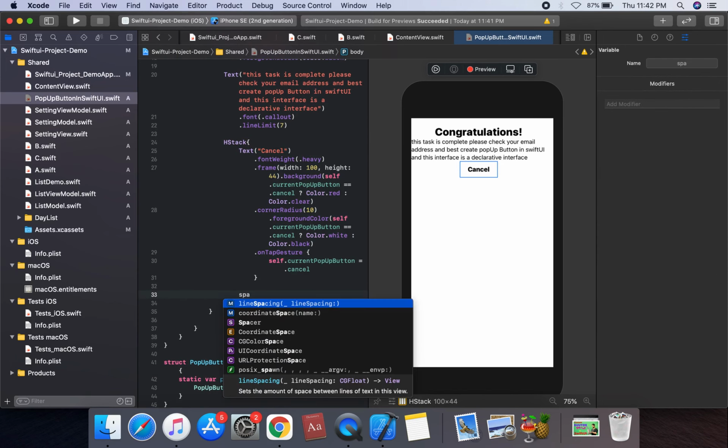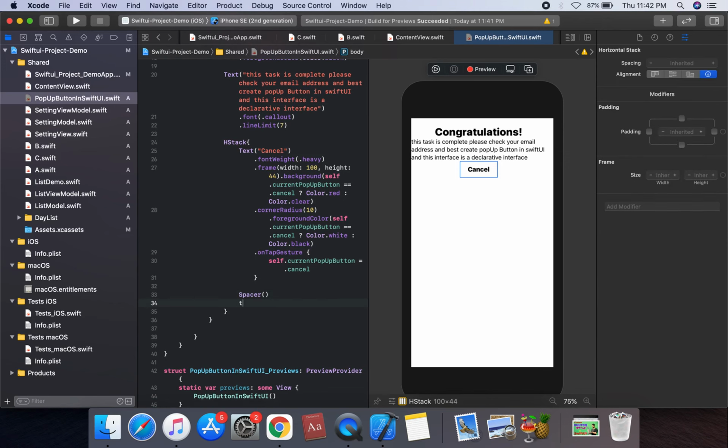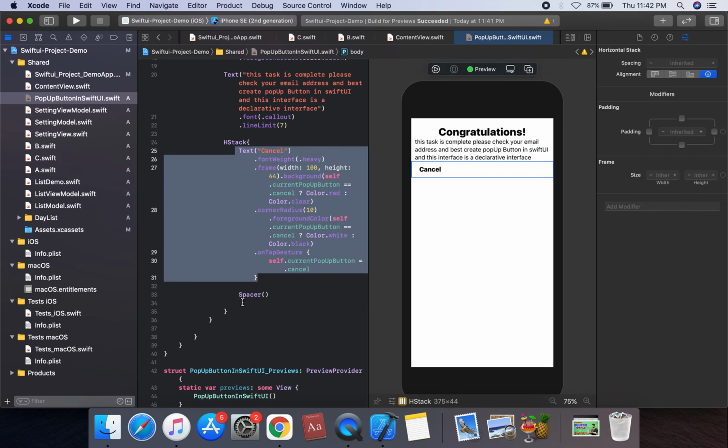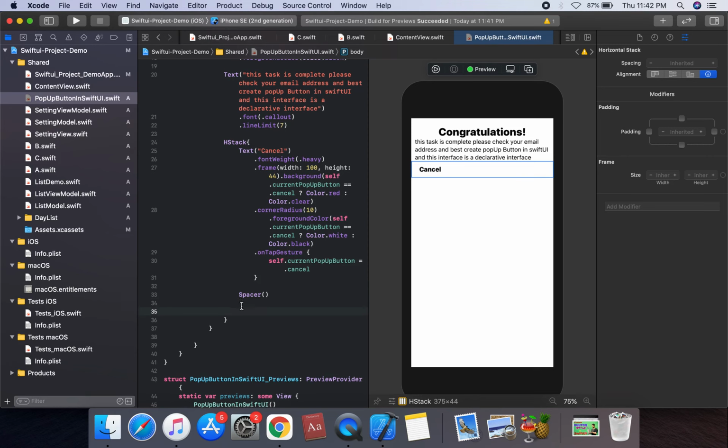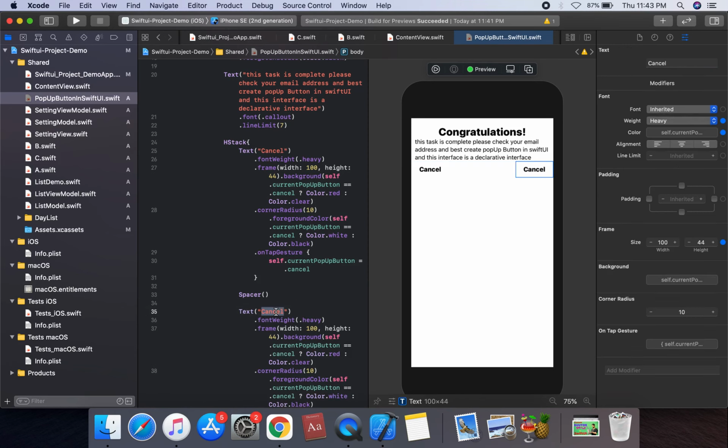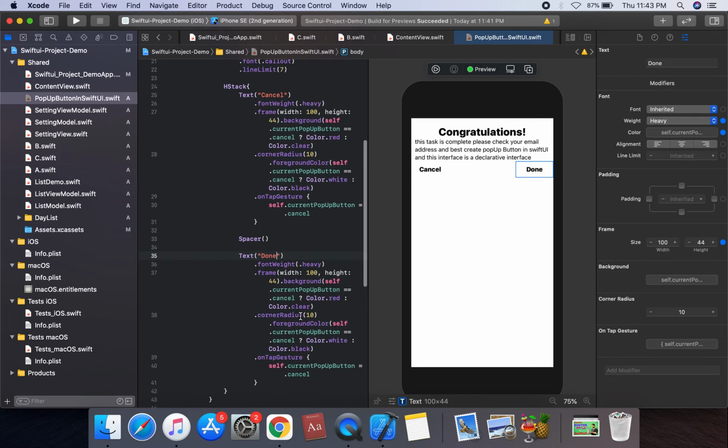We're gonna create a spacer, and we can create another text. Sorry, which have the same text as copy, and we can change the value. So this is a done. Another text is done text, and we're gonna apply the heavy weight, right? And same as current pop-up. Otherwise, this pop-up will do dot done. Current pop-up, we can set the element of done black, otherwise clear. Sorry, otherwise we can set the dot done.